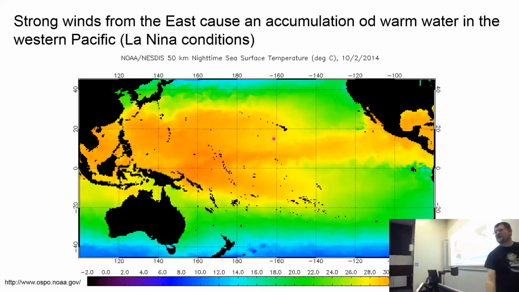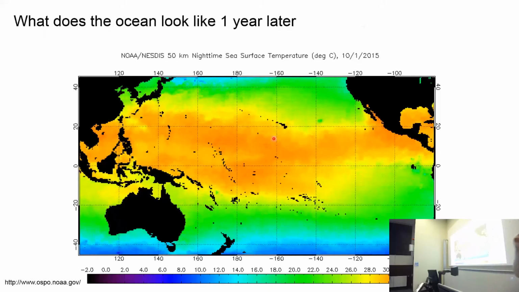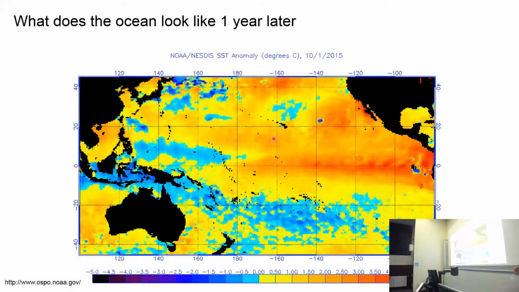So we're going to flick forward now to 2015. Okay, so this is the temperature of the ocean in 2015, and you can't really see much of a difference between the two, right? Okay, because we're looking in absolute temperatures. But if we now take these two maps and take one away from the other to see how much 2015 was different to 2014, okay, we get this map. So this is basically the temperature difference. So you can see now that the warm water that was over here has now moved more over to the East Pacific. Okay, so this is known as an El Niño event